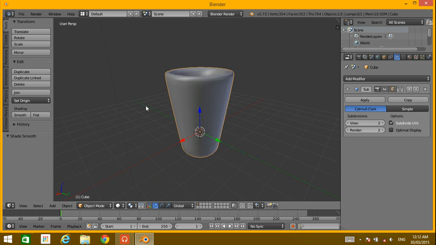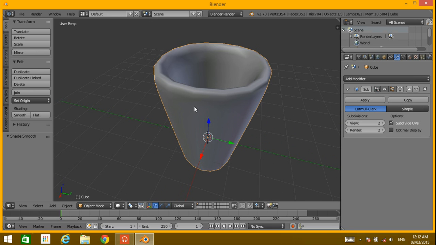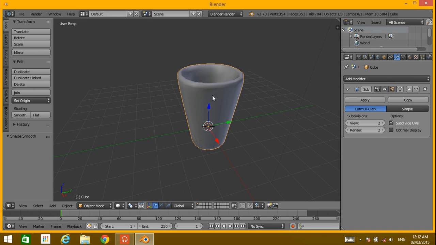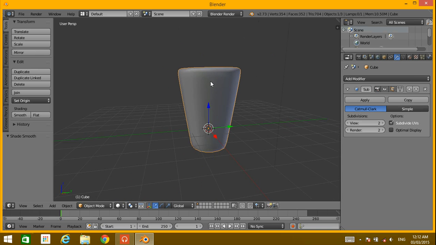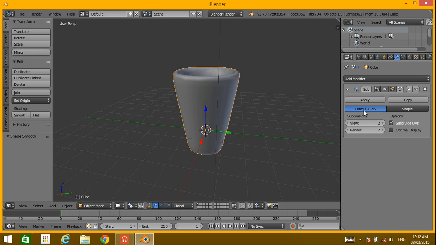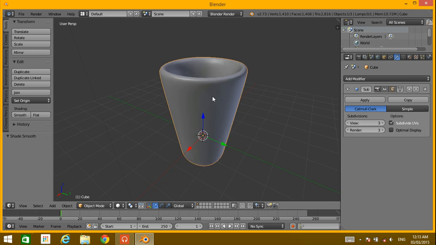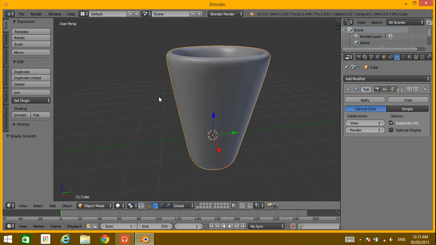Okay, here is our low poly glass, but here you can see a little bit of roughness, so we're gonna change the view from 2 to 3 and render from 2 to 3. Alright, now it's actually smooth enough.